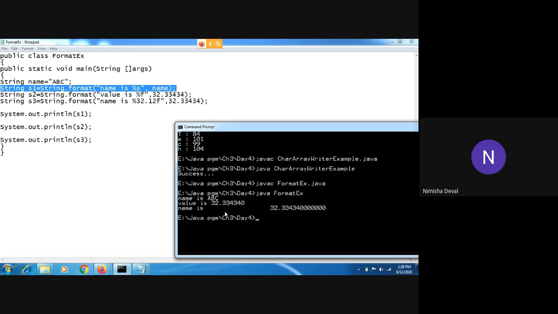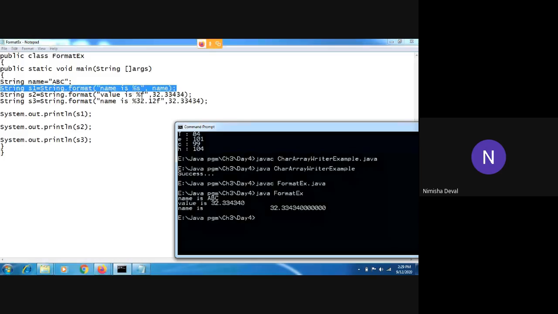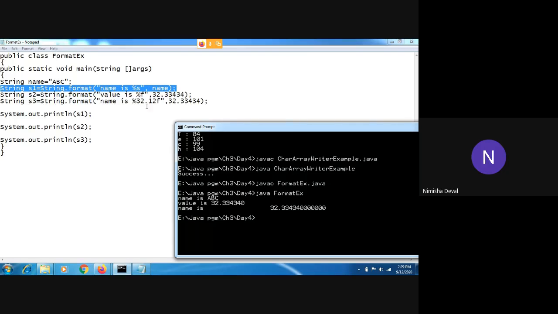Why does this get printed like this? Because we have directly printed over here. Right now we have added here some space. Okay, this is nothing but the floating point values. This many floating point digits we have to add. That's why it has printed some space over here. Okay, this is the main difference between percentage f and percentage 32f.